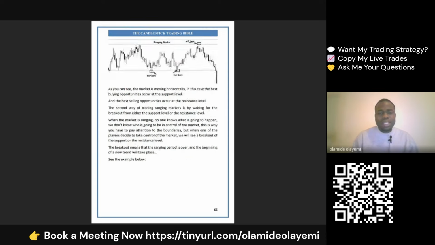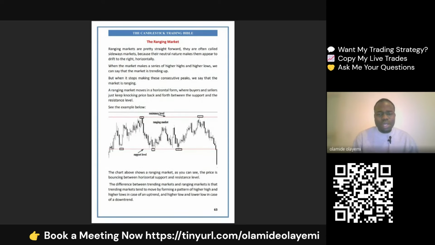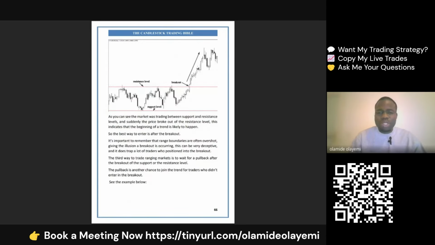In a ranging market, there's something you need to be careful about, which is called the breakout. Sometimes you might be trading and you think it's a ranging market, and then instead of it coming down, it stops coming down and keeps going back up. This place is what we call the breakout. This is where you lose. And then if you come back to this place,